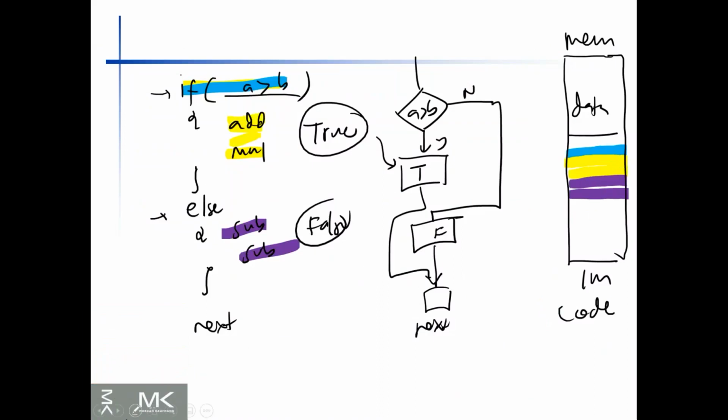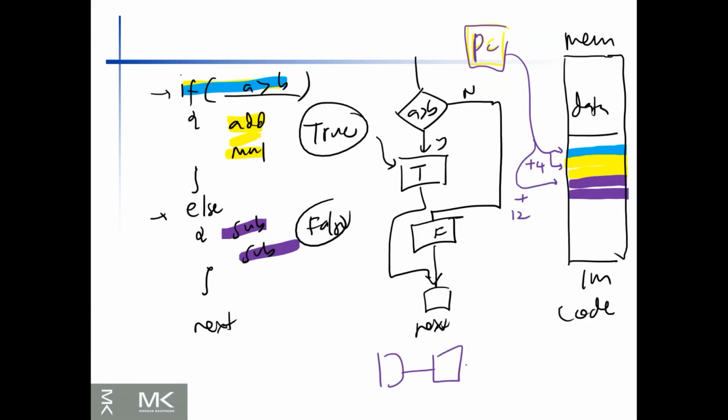So the problem here is that my CPU's program counter is showing here. After that, should it go here plus, let's say 4 memory addresses, or should it jump here plus 4, 8, should it plus 12? That is the question. So which one should I load first? Should I load the yellow or should I load this purple? Or in other words, if I have a pipeline,